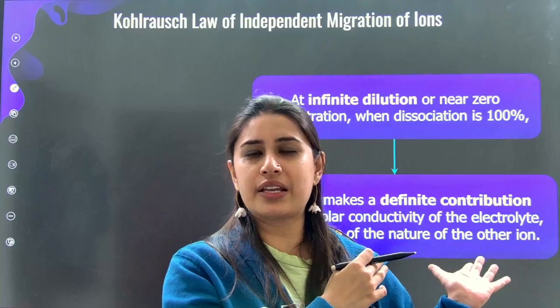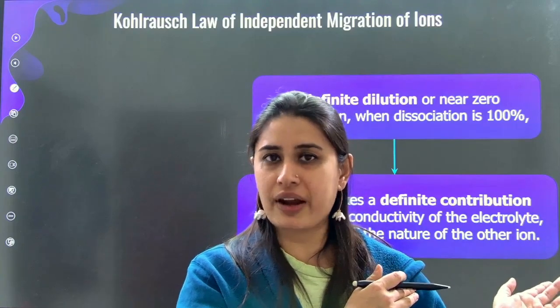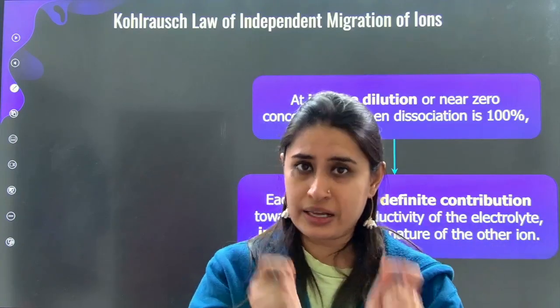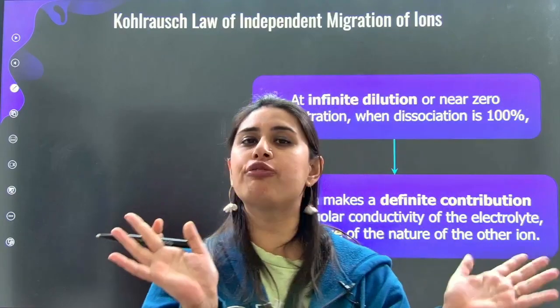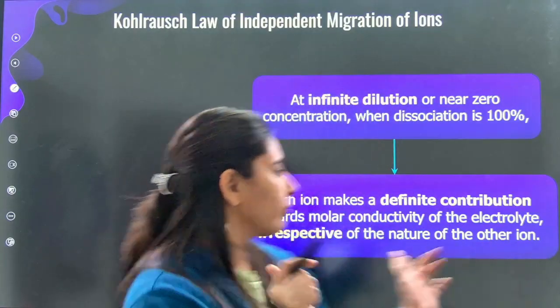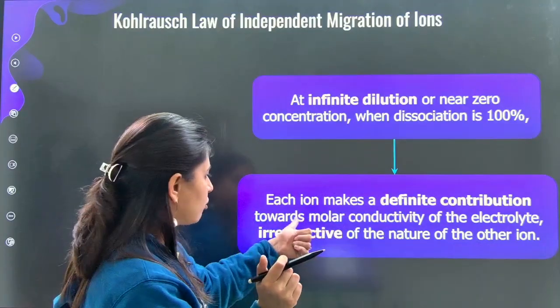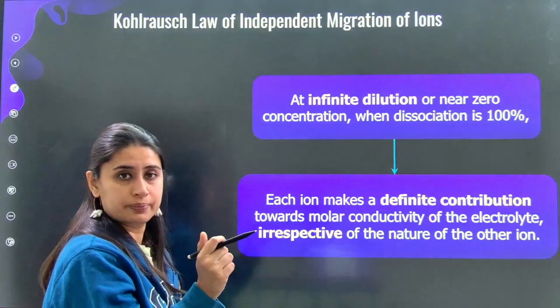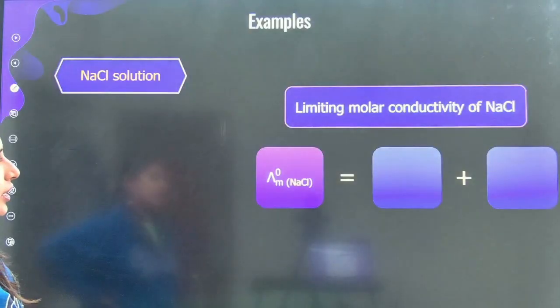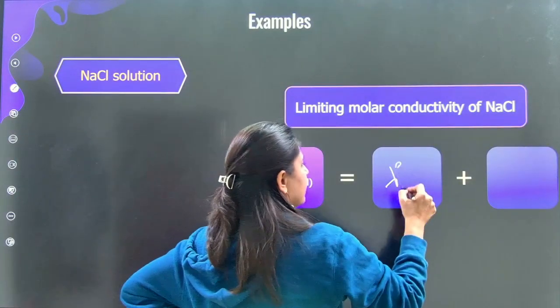That's the kind of celebration which is happening here at infinite dilution, where every ion counts, because every ion is contributing significantly. It is free from any kind of interactions now. So each ion makes a definite contribution towards the molar conductivity of the electrolyte, irrespective of the nature of the other ion. Now, similarly, if I have to talk about lambda naught NaCl, how you should now start seeing them: